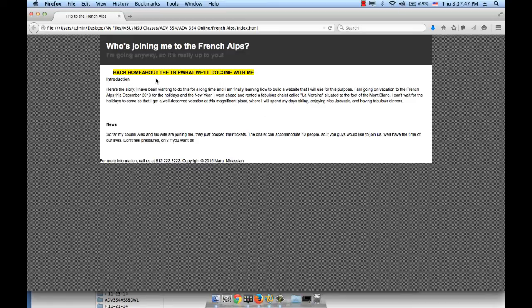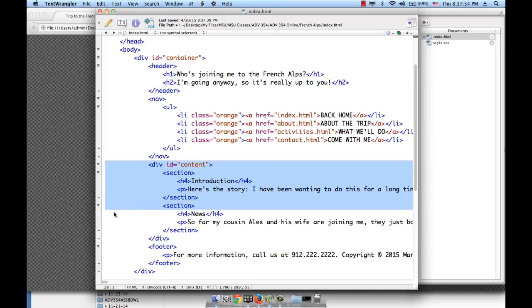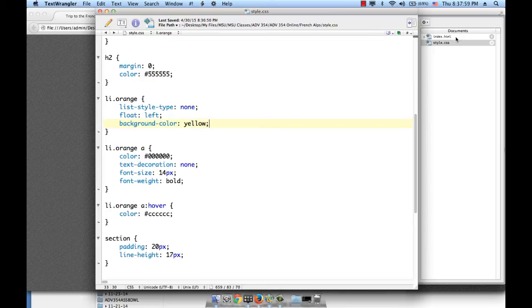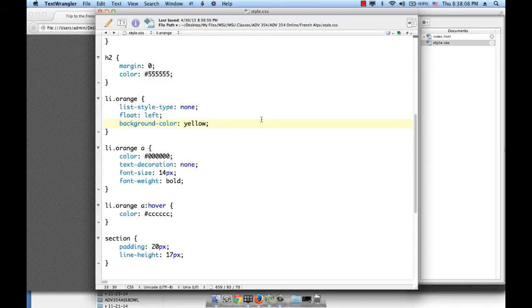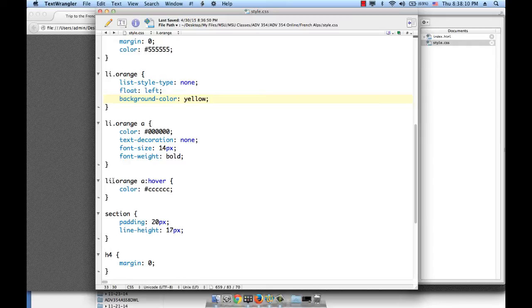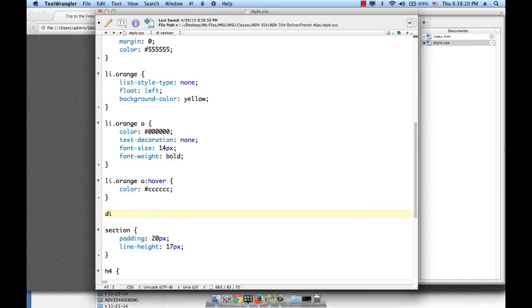Now let's do something else. You see this div called div ID content? I want to go ahead and give it a background color. First, let me see what its order is in HTML. So I have the nav, the UL, the LI, and then I have the div ID content. So after the LI, before the section, because div ID content contains the sections, this is where I will write